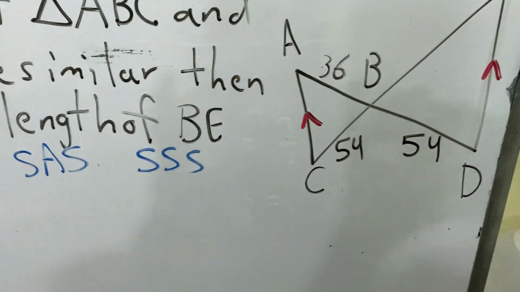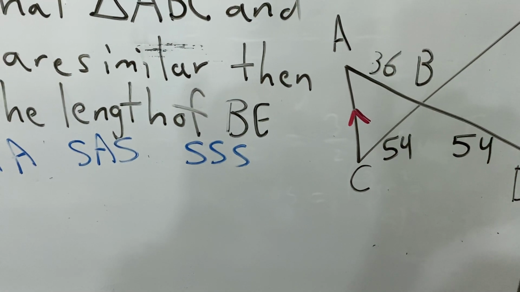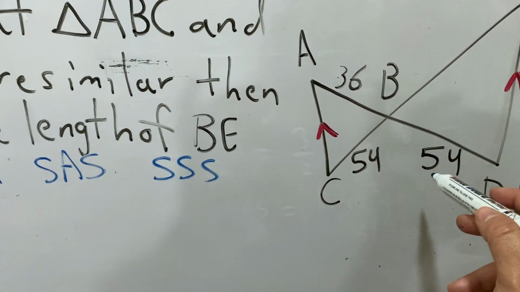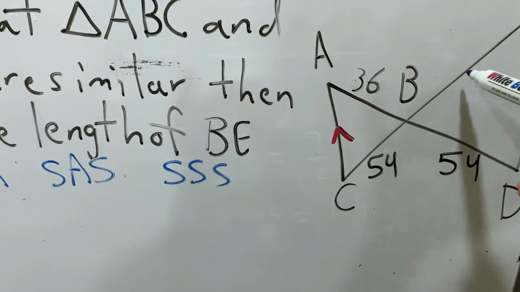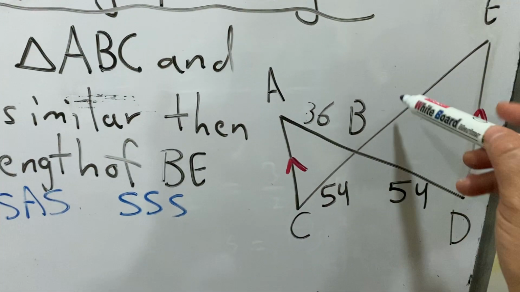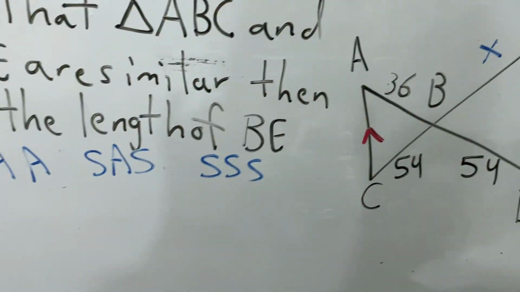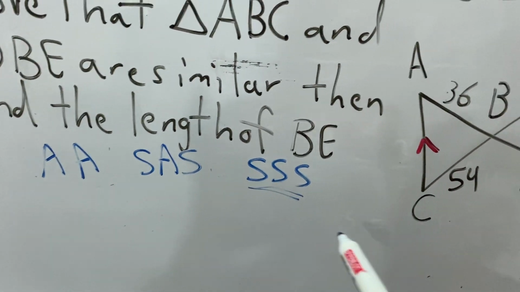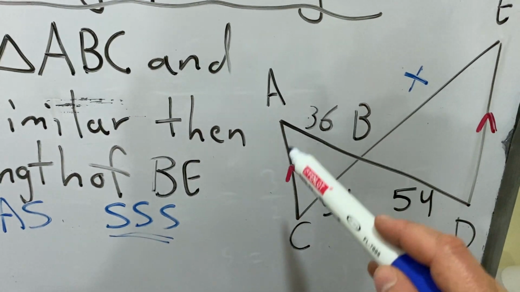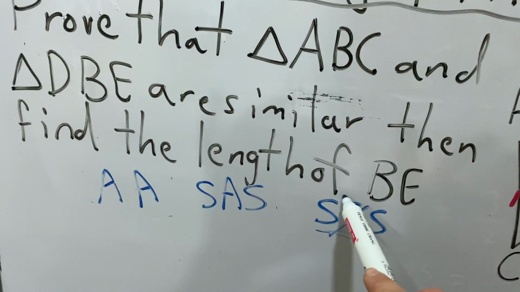Now, if I look here in this one, yes, I have this one and the corresponding side given on the other triangle, but I have this one and I don't have this side. They are actually asking about this one, length of BE. I need this length. I can call it X. So I cannot use side, because side means that he should give me the three sides in each triangle. And as you see, one here is not given, and here there are two not given. So I cannot use side.